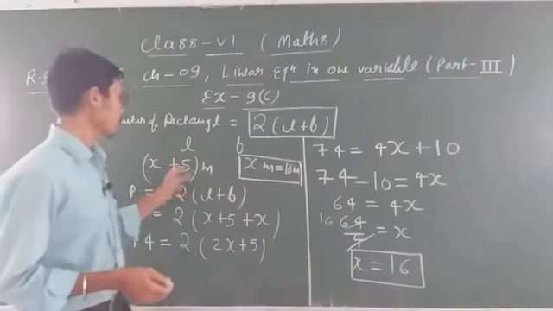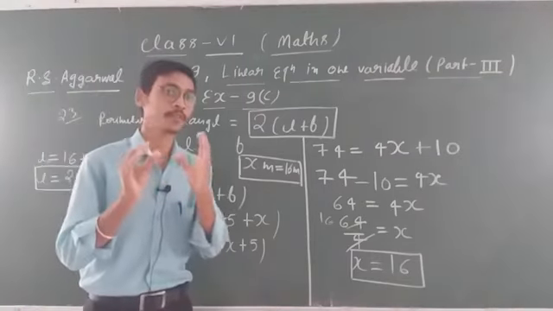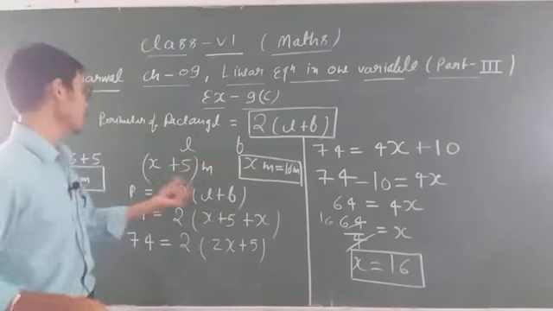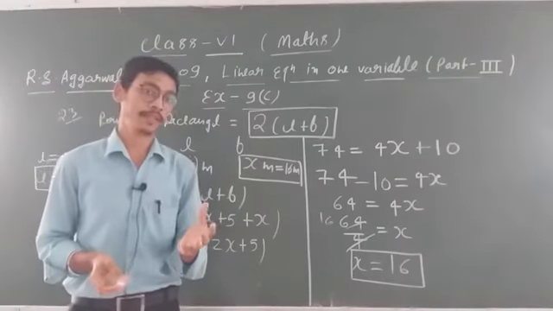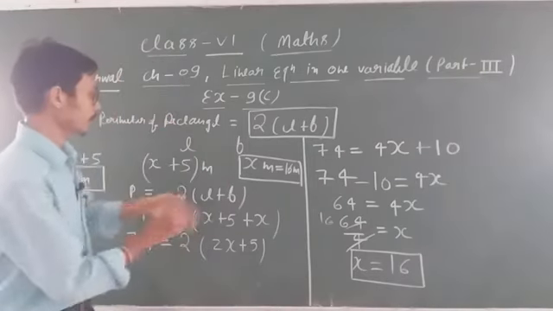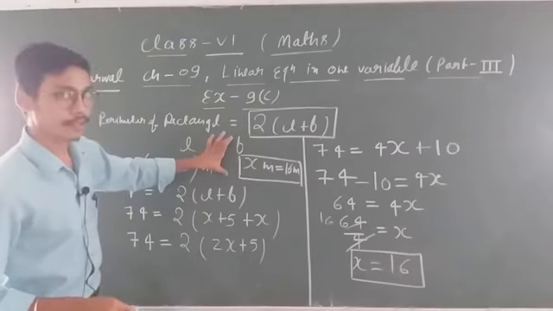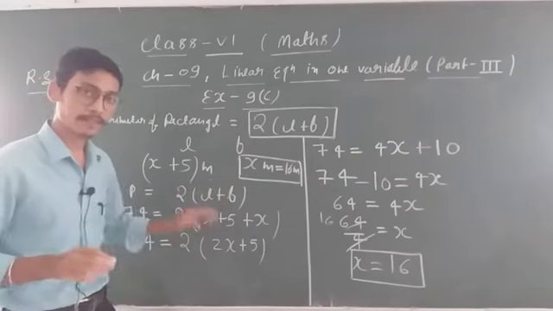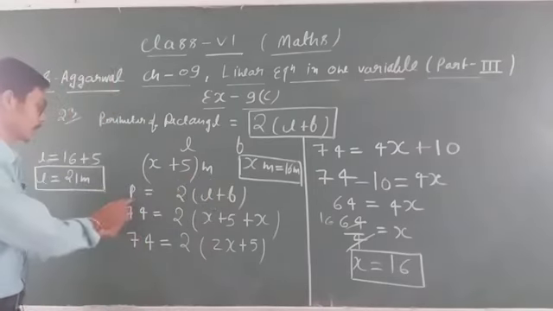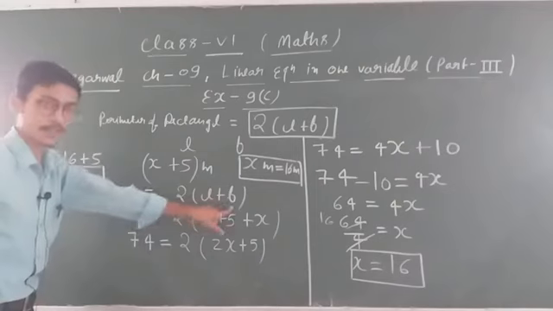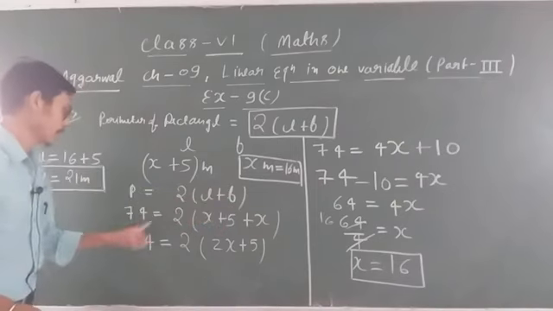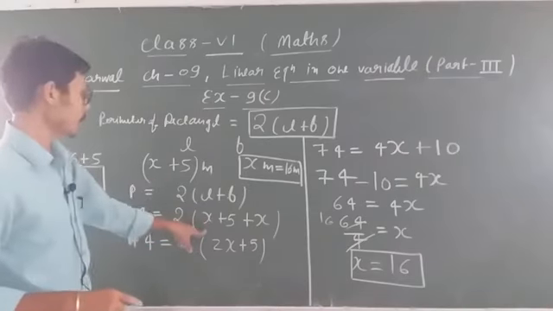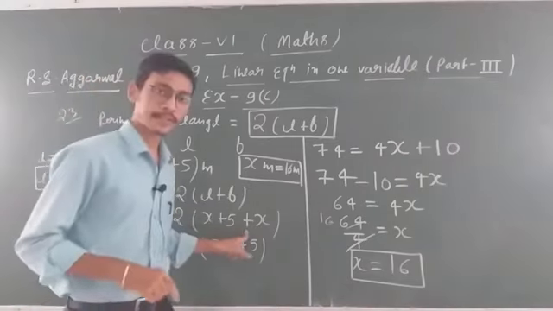Clear? First you have to check what is given. First you have to check what information is given. Here in this question, length was given as 5 meter more than its breadth. Clear? So what I did, I took breadth as x and length is 5 meter more than its breadth, so x plus 5. Clear? After this, I used the formula perimeter equals 2(L plus B). You know that perimeter of rectangle, 74 perimeter is given, 2 times length, the value of length is x plus 5, so x plus 5 I put, breadth is x I gave.